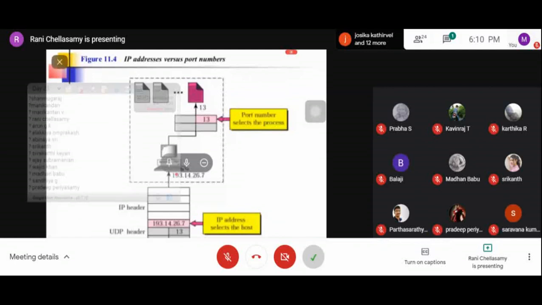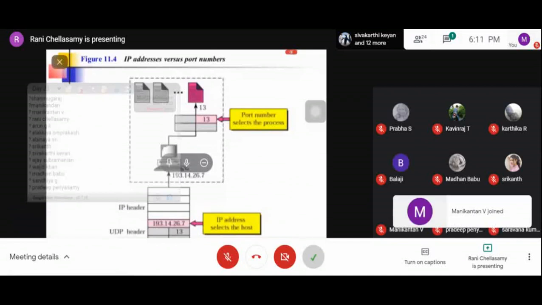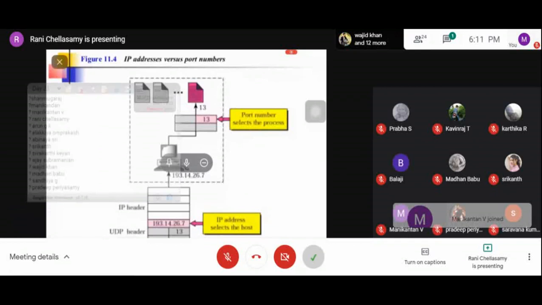This IP address will select the host machine. So the port number is used to point out the process, and the IP address refers to the host machine.